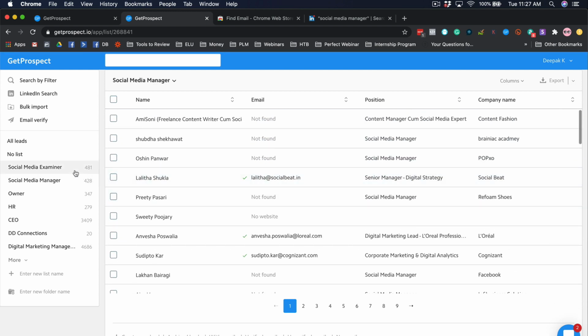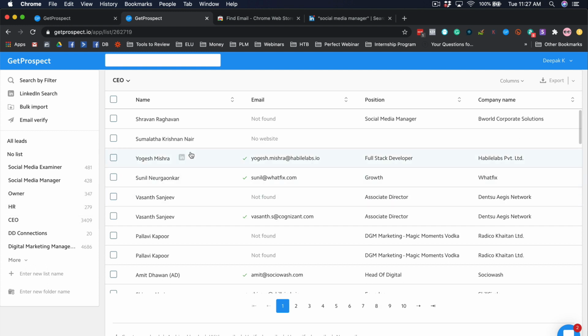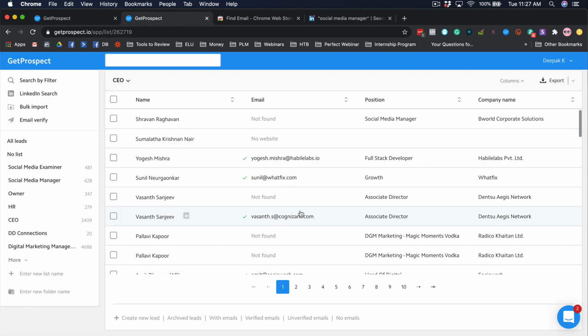If you look at CEO, I have collected 3,400 different leads of CEOs, and I will be able to download it as a CSV file. If I click on export, it gets downloaded as an XLS file, and there is also export with emails, and export only verified. So I can click on export only verified, and then it will export only the verified emails.